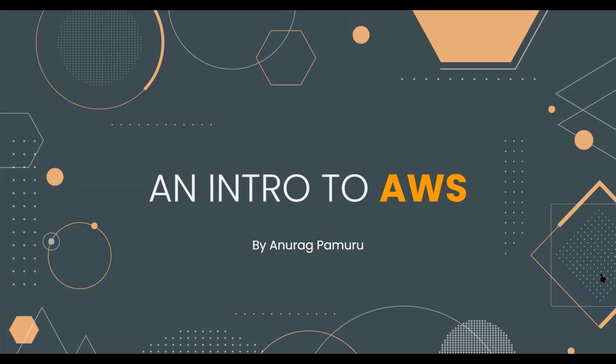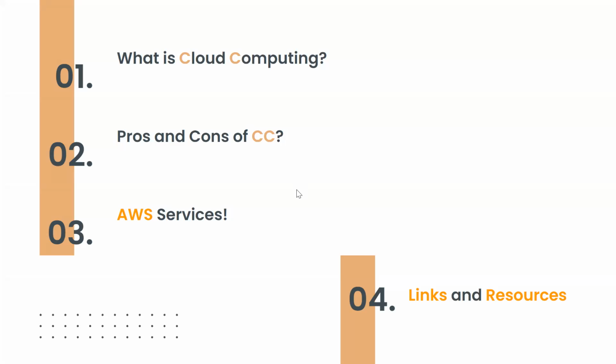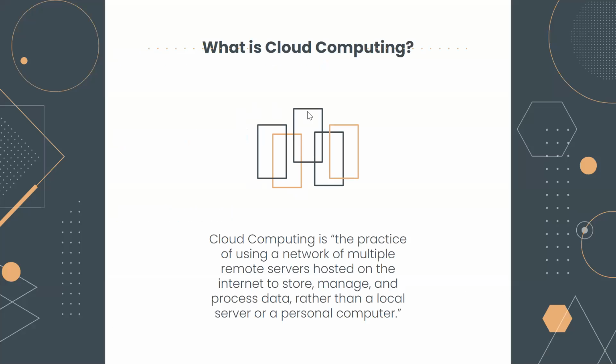Today, we're just going to be looking into a couple of different topics, starting with what is cloud computing, the pros and cons of cloud computing over on-premise, traditional servers, and then we'll look at AWS, which is one of the prime cloud computing providers nowadays, and some of the services they provide, and some sample use cases that you can make with those AWS services. And after that, I'll be providing you with some small links and resources. So let's get right into it.